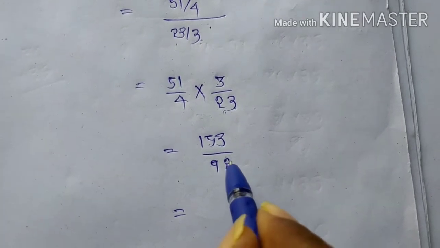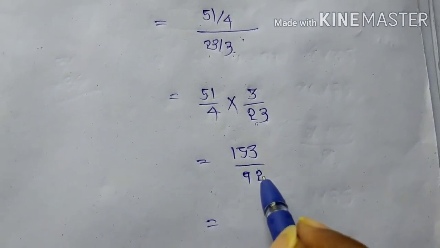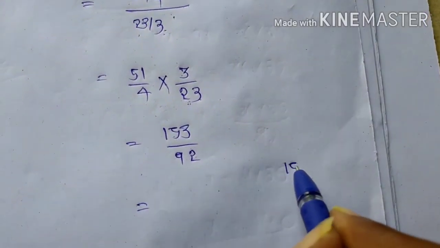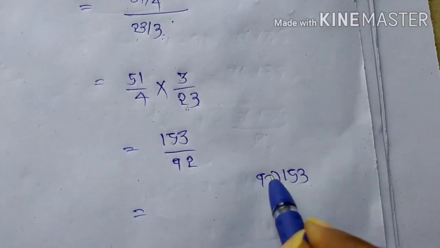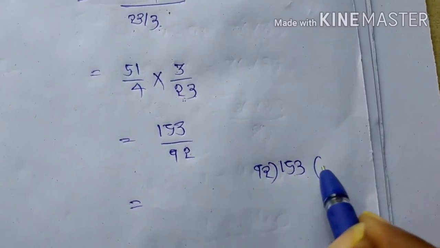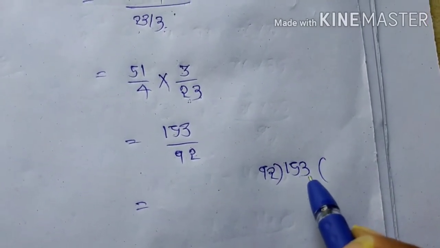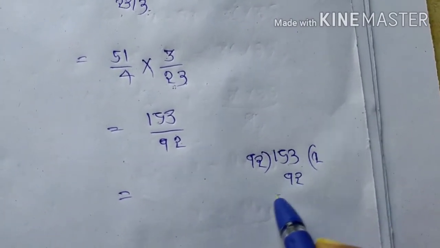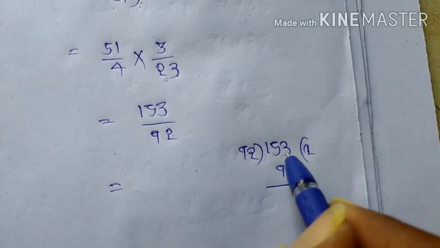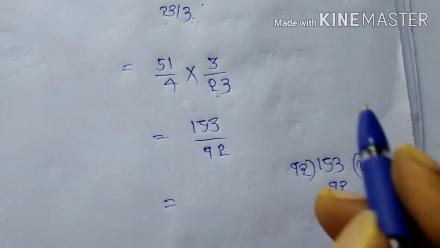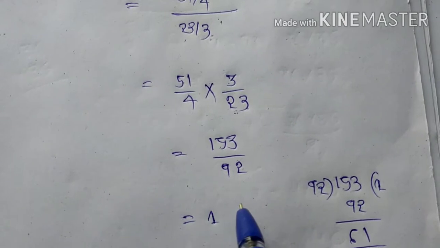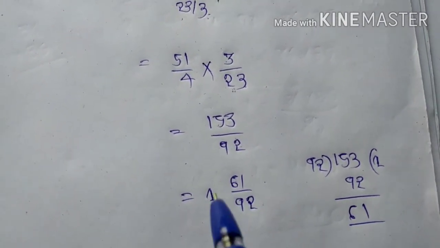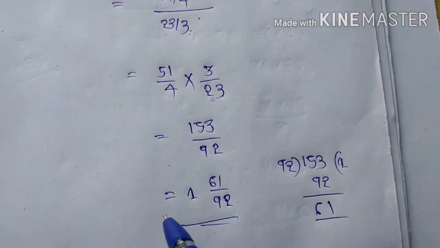See, it is an improper fraction or not? So can you convert it into a mixed fraction? Yes or no? So I am writing here 153 divided by 92. 92 ones are how much? 92. 92 twos are how much? It will be near 180, so don't take 2 times. You can take only 1 time, 92. You can subtract here. 3 minus 2 is how much? 1 only. 15 minus 9 how much? 6. That means your answer is here 1 meter. Here 61 by 92. You can write here 61 by 92 is the cost per meter.